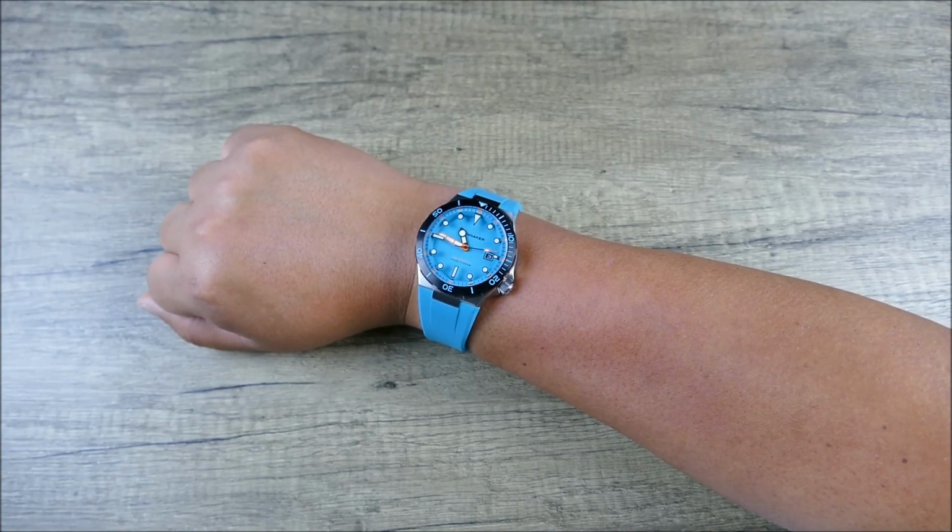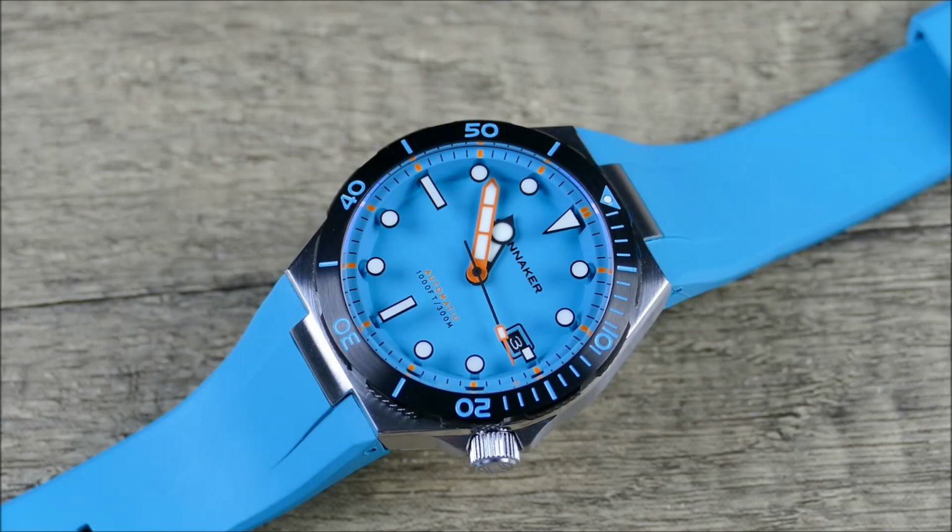and closing thoughts. Okay, we'll go ahead and hit the lights here. As you can see, you have that great two-tone lume. You're going to have the green for every 5 minutes or every hour, versus the blue on the hands, and then that great bezel pip. So this is a dive watch, so it is nice to see very strong lume there,